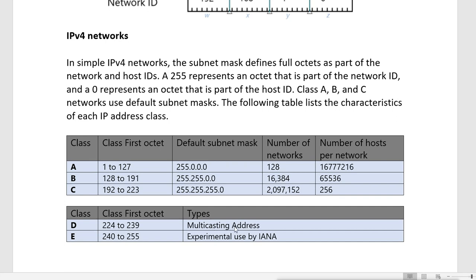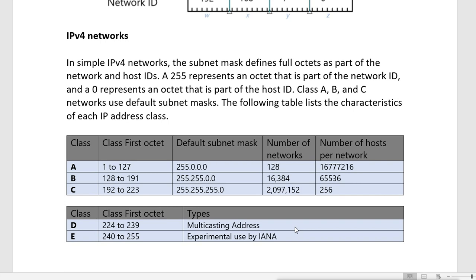Now what is multicasting? In IPv4 we have 3 types of communication. One is unicast, which is one-to-one communication, one machine to one machine. Then multicast. Multicast means one to many, but not all. If one machine is communicating with 10 other machines, but not with all the other machines, then it is doing multicast.